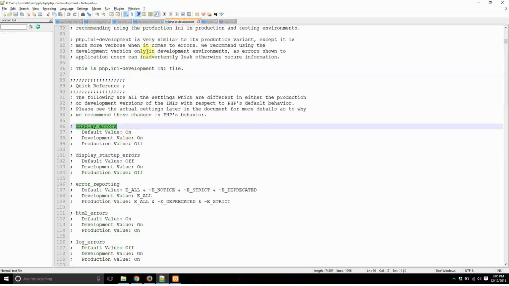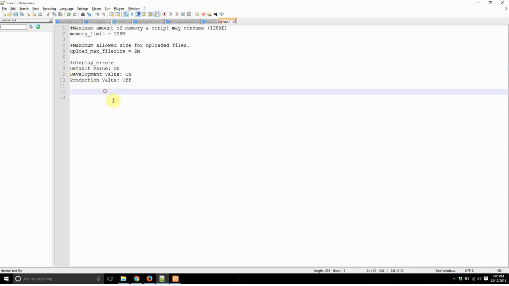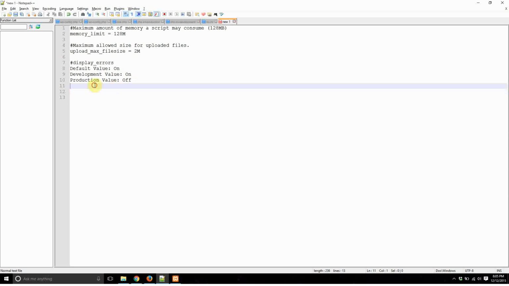There are 2 ini files, basically the production file and the development file. I have grouped them together into a single file just for representation purposes. The memory limit of the server has been increased to 128 MB and the max upload file size has been increased to 2 megabytes. Display errors is on by default; in the development phase we keep it on so that we can track what errors we are getting, and in production we keep it off for aesthetic reasons. Once this is done,